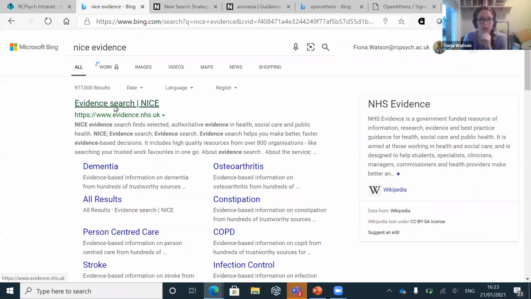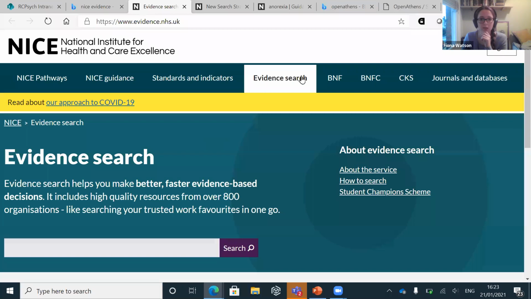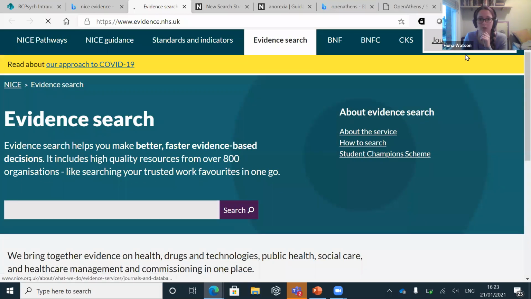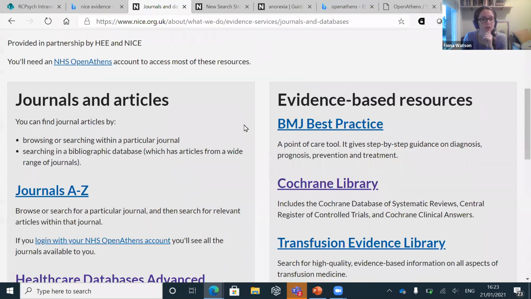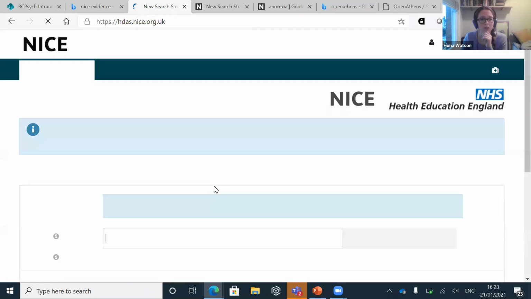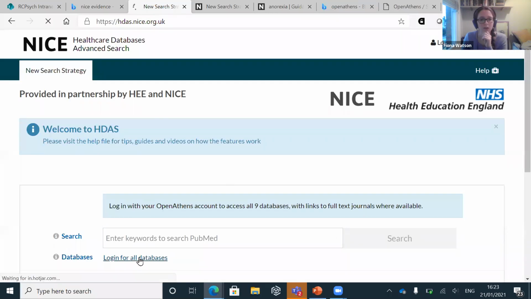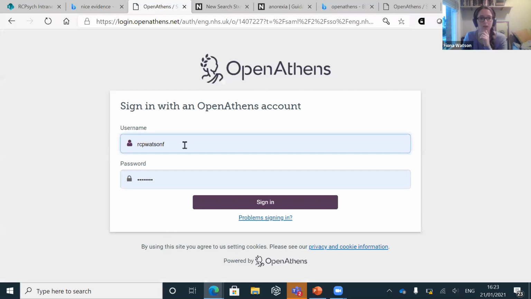And I'm going to re-navigate to HDAS so that it doesn't remember, hopefully. Log in. Okay, so that's my RCPsych account.